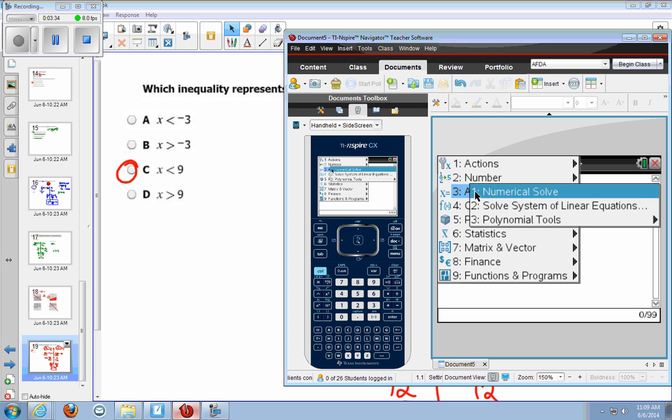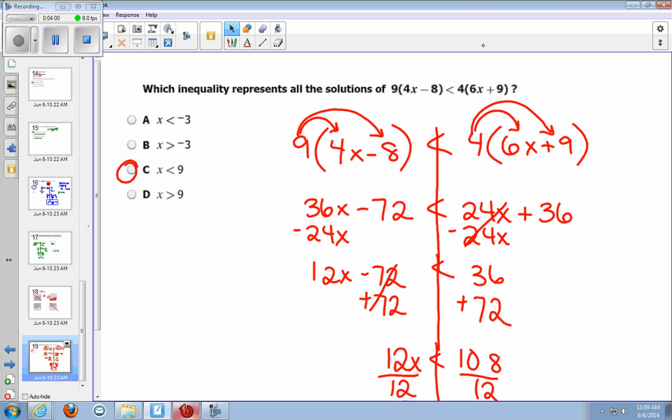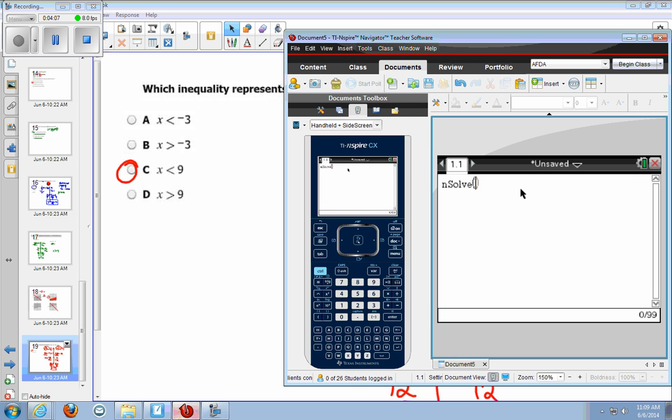I have numerical solve, which is where we're trying to find what x is equal to in terms of it being a number. We have solve systems of linear equations, which is used when we give 2 equations. And then finally, we have polynomial tools, which allow us to solve quadratic equations. So because we're looking for x equals 9 or x equals 3, I can use numerical solve. Now at this point, all I have to do is type in my equation as I see it. So 9 times the quantity 4x minus 8